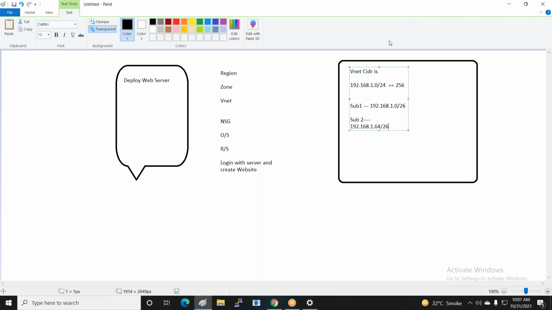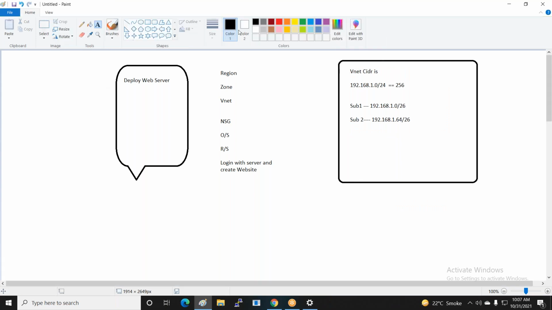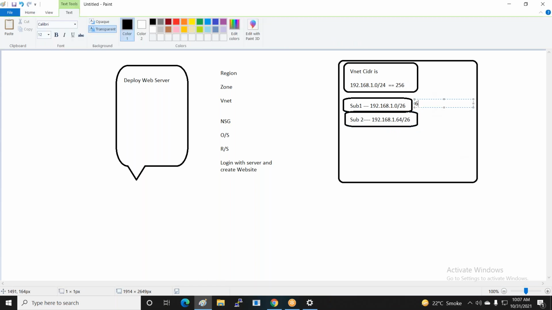That means my company has a total of 256 IPs, and I'm distributing these across two different departments, 64 IPs in subnet 1 and 64 IPs in subnet 2. These are the total number of IPs, and I've divided them into two parts, 64 and 64.